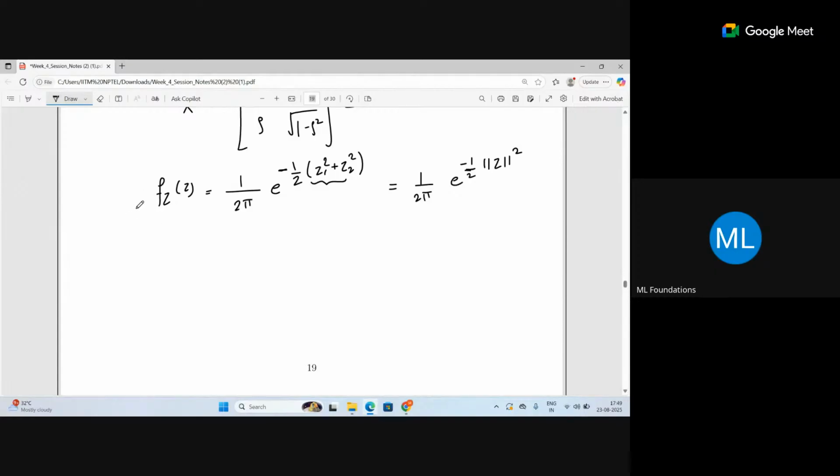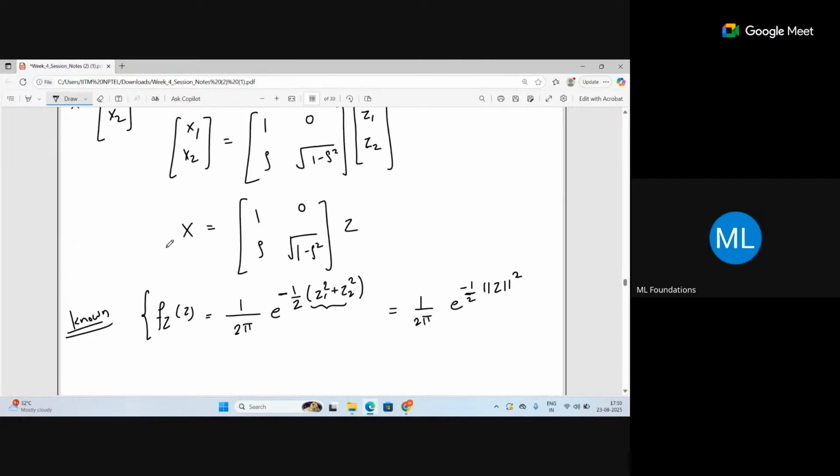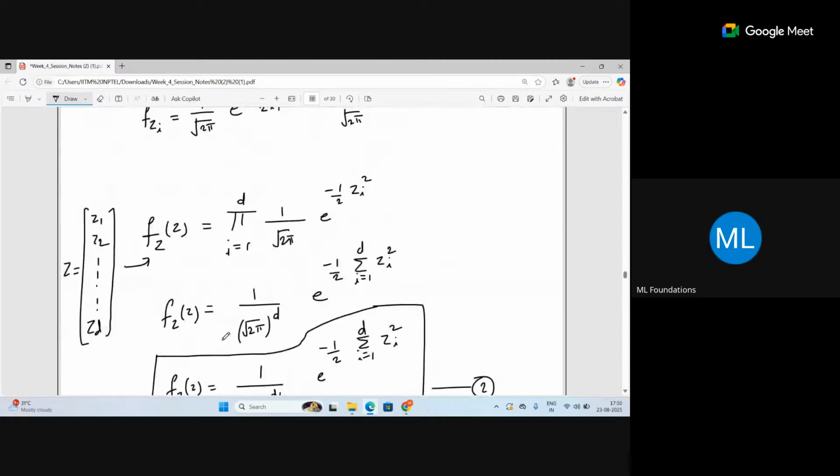Okay, but the thing is, this is known to me, correct? Now I need to find out the density of x, which is unknown to me, right? Sir, yes, this is a very basic question. Sure, trying to recall stats too. See this FZ, right? That is supposed to be the PDF of a normal distribution, right? Yeah, you are correct.